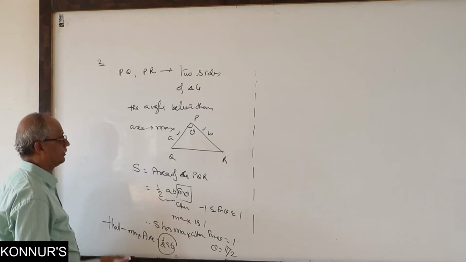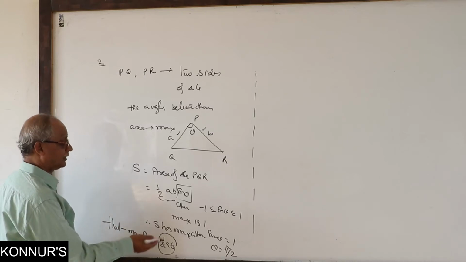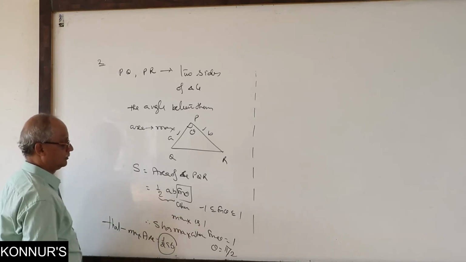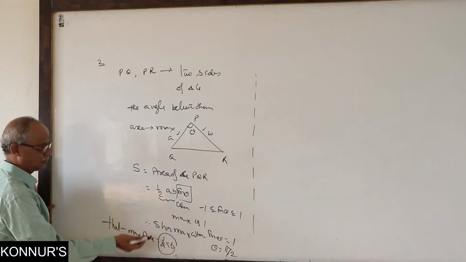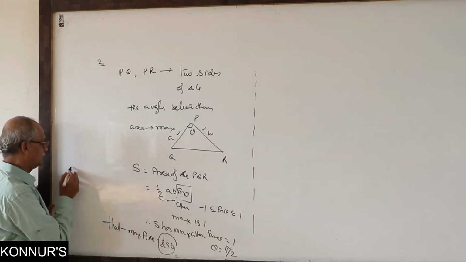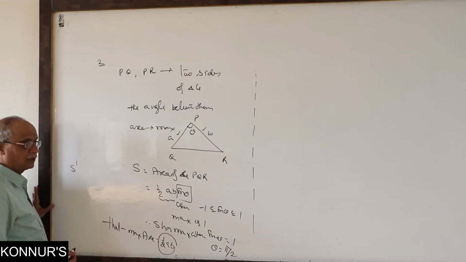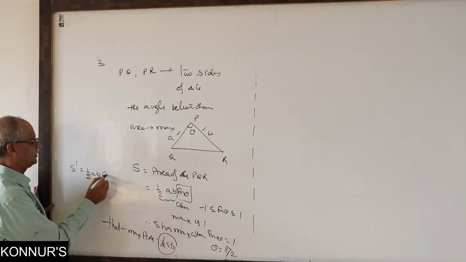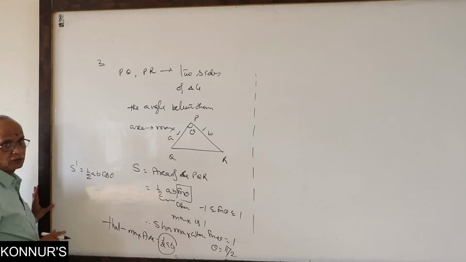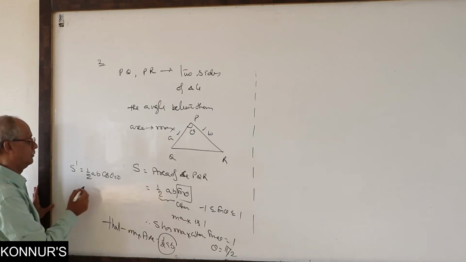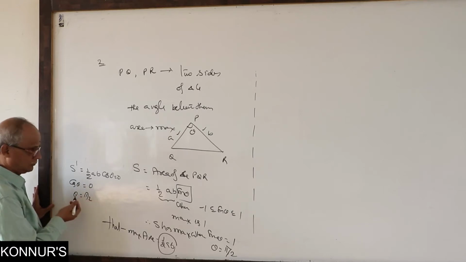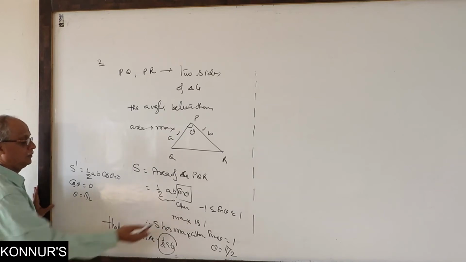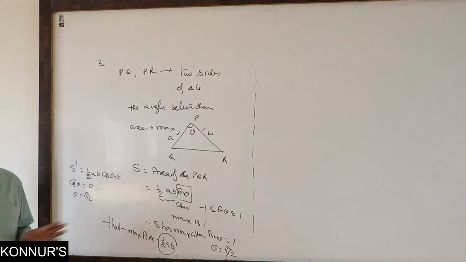Why did we write the immediate answer? Because we know the maximum and minimum values of sin theta. If you don't know this logic, then for minimum or maximum you have to go for the derivative. We find the first derivative and equate it to 0. What is the first derivative here? Half AB is constant, the derivative of sin theta is cos theta. Equating to 0, cos theta must be 0. What is the theta value? 90 degrees. That is why. This way you can write it for a simple case. This is the procedure. In any case you can understand.